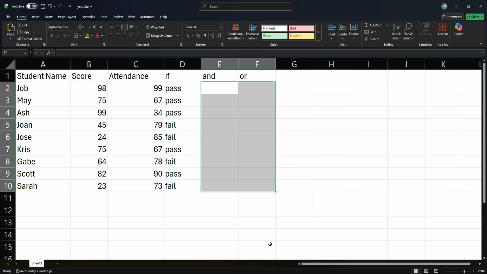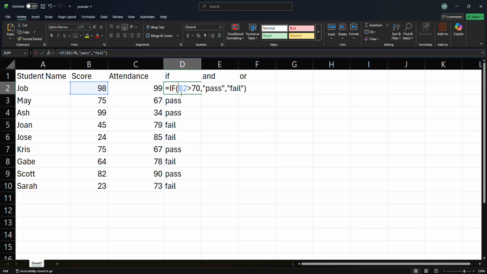Guys, I already showed you in a previous video how to use the IF function. For revision, you can see the IF function formula is this. This is the simple IF formula if you have only one condition, but if you have multiple conditions, you can use the IF with AND as well as IF with OR formula. So the formula is the same